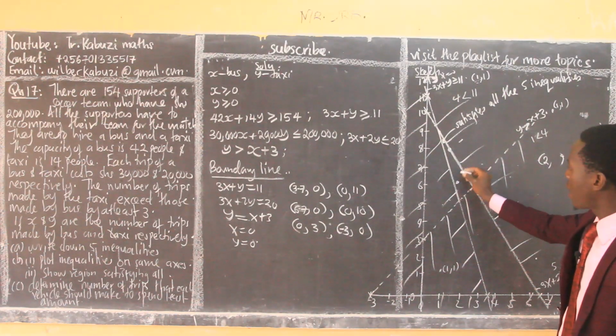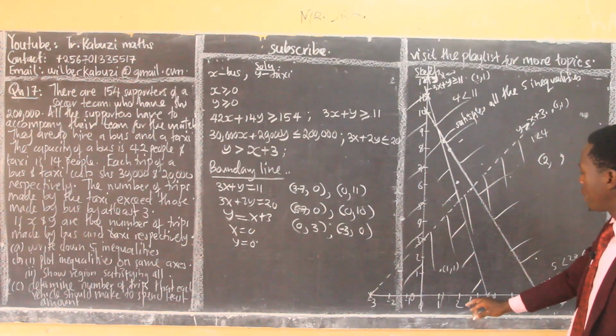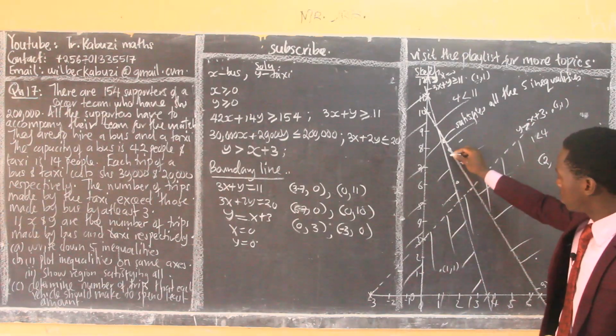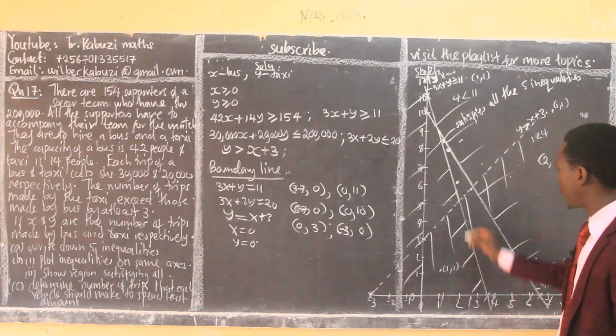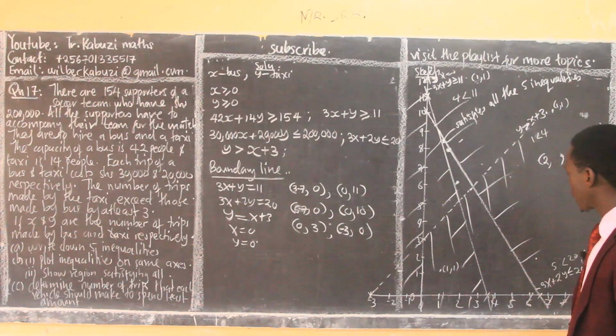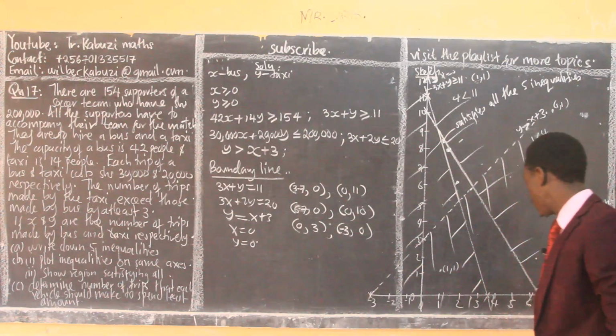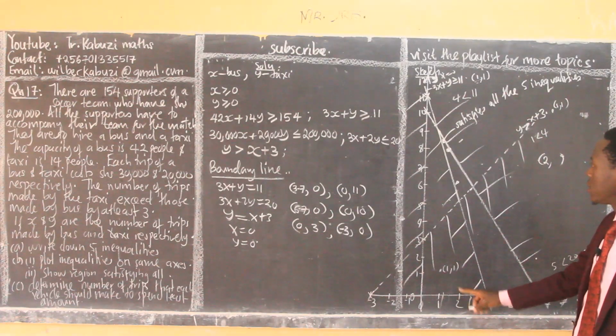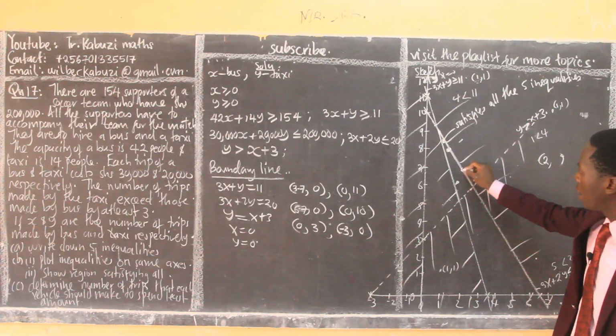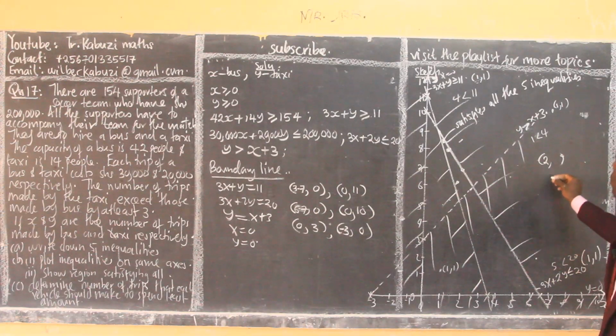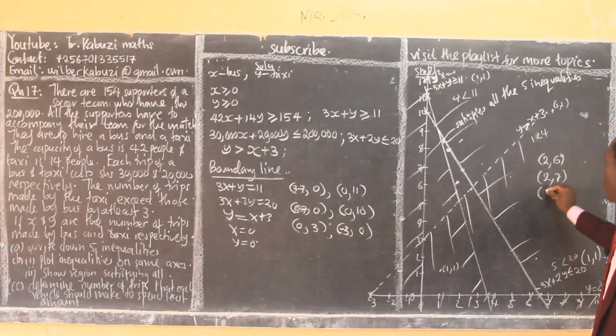I have this point there. I have (1, 8) there. Then I also have the (2, 7) around this line here. So I have (2, 6), (2, 7), then (1,